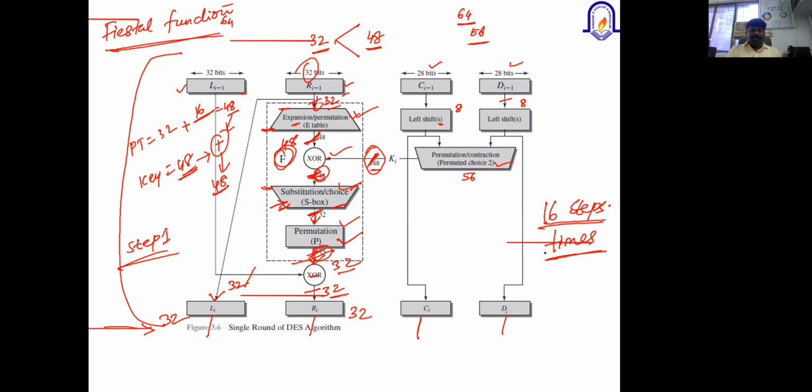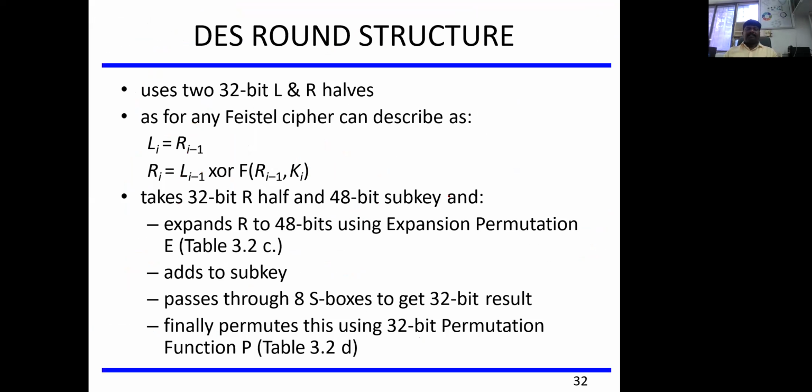I hope you all understood what the Data Encryption Standard is and how the different operations are carried out using the list of operations which I explained. All right, now I'll explain with the logic. There are two 32 bit halves, left and right, and this is R minus 1, L minus 1 for all the previous steps.